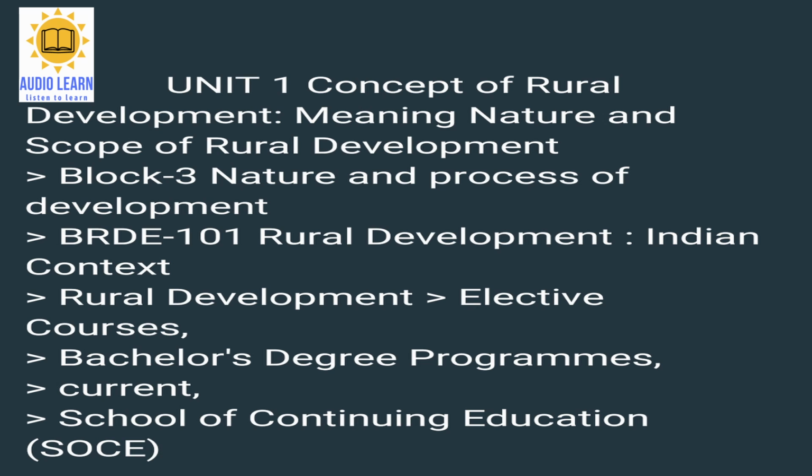2. The expansion of the formal credit structure in the form of banks for financing agriculture and other rural activities. The increase in the number of banks in rural areas is not enough. It is more important that banks should be easily accessible to all sections of the rural population. It is necessary in this regard to ensure an increase in the total volume of institutional credit for agriculture and other activities of rural development and to ensure that a larger share of credit is available to the poor and weaker sections of rural society.